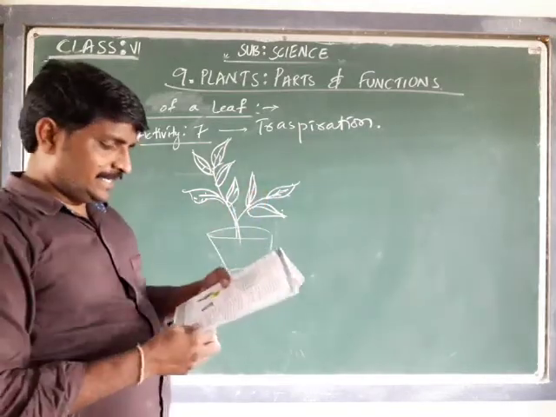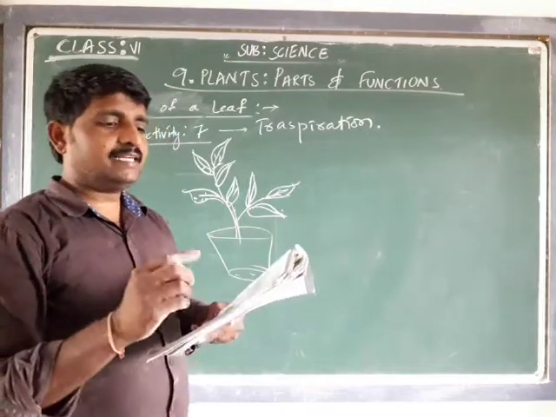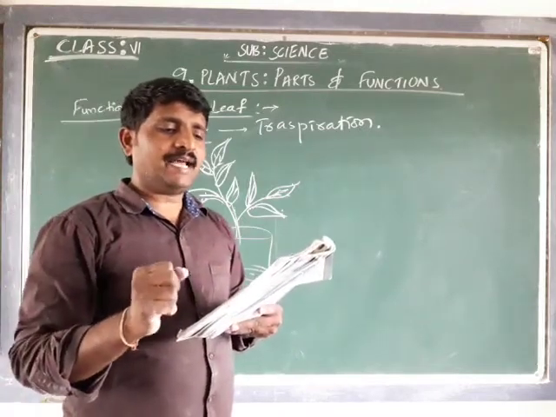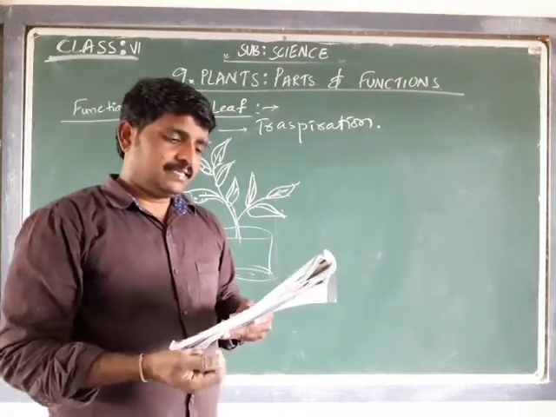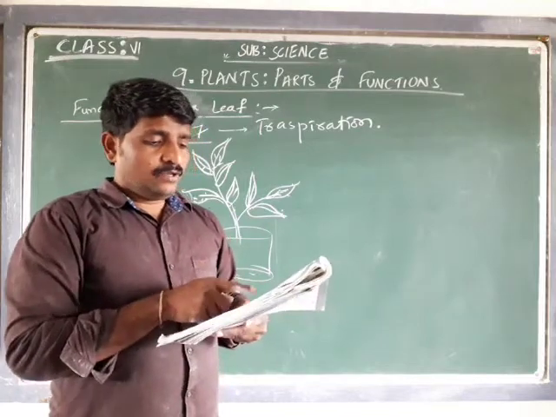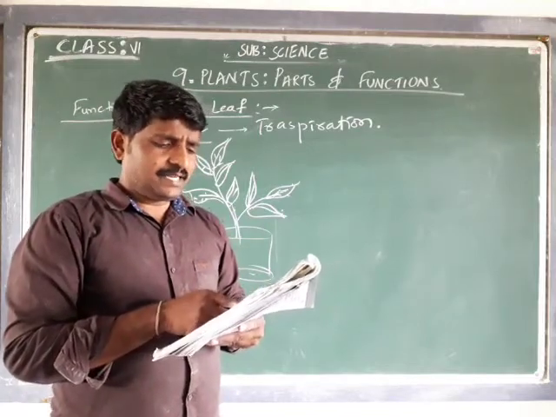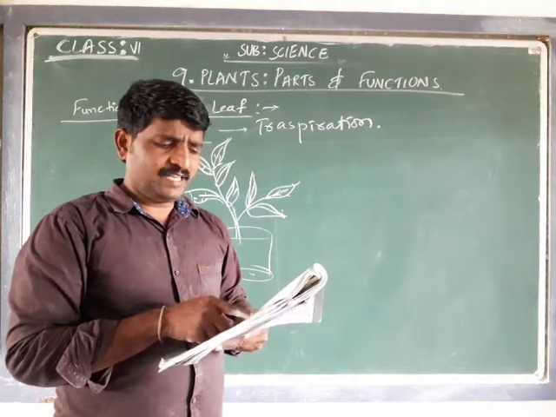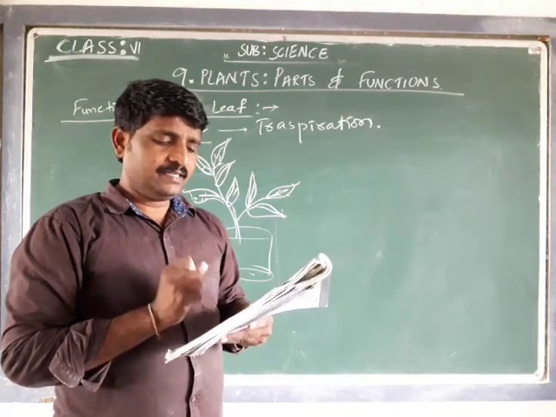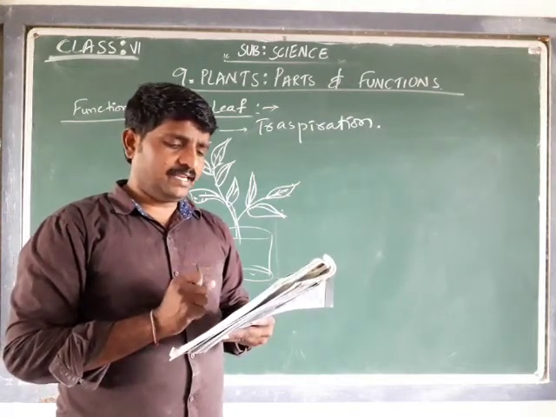We have to select a plant. Let us select a well watered plant that has been growing in the sun. Before that, do you know that excess water is removed in the form of vapor from the leaf surface? To understand this, let us do the following activity.